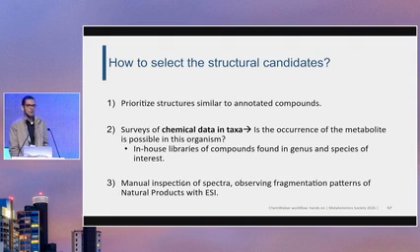But how to select the structural candidates? Firstly, you must prioritize structures similar to annotated compounds. Second, you must perform surveys of chemical data in taxa and answer the question: is the occurrence of the metabolite possible in this organism? You can construct in-house libraries of compounds found in the genus and species of interest to obtain a list of possible compounds that occur in the organism that